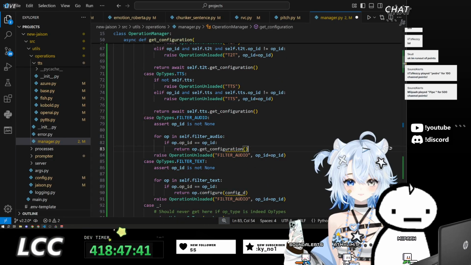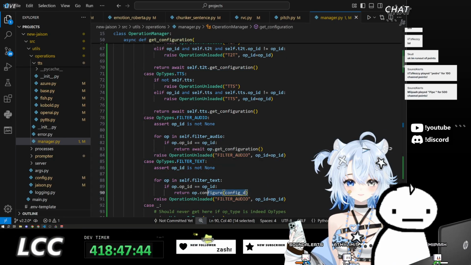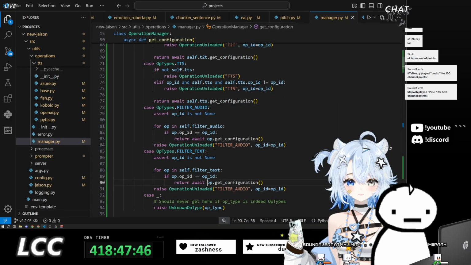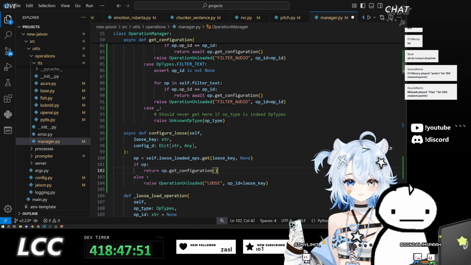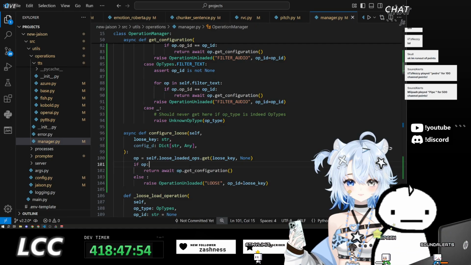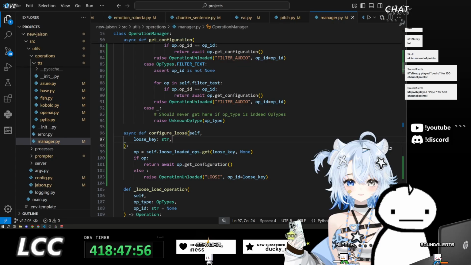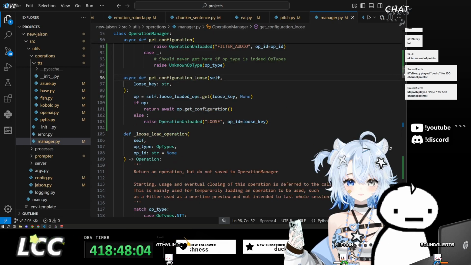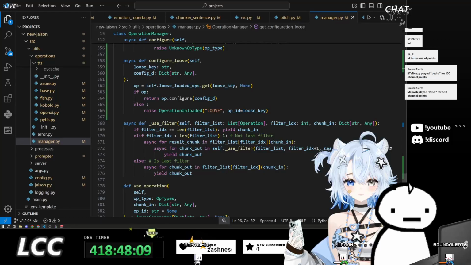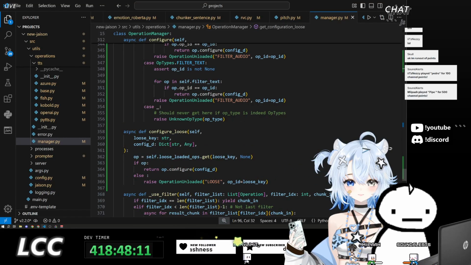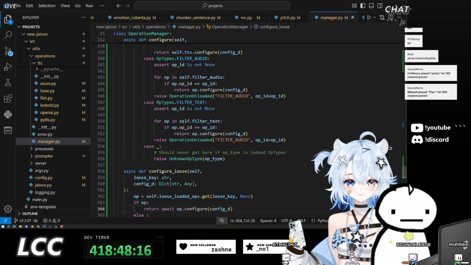Duration. Otherwise unknown op type. Yep. Okay, this one also duration and that's okay. Configuration dictionary here, and this is get configuration. I do want to await these down here because I forgot to do that.